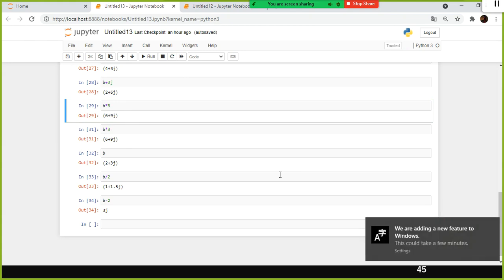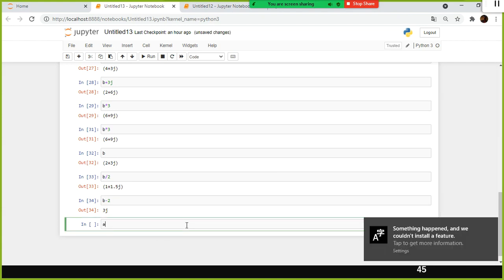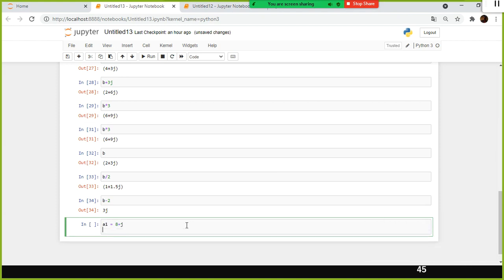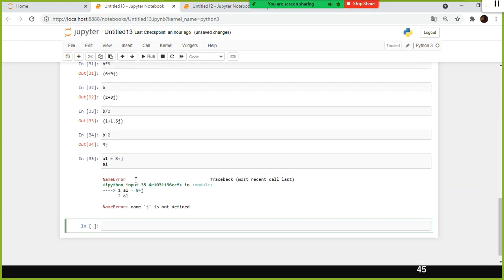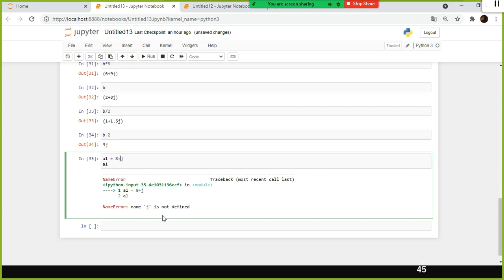So, for example, if I have something like a1 is equivalent to 8 plus simply j, will it work? j into 1 is 1, but it says j is not defined. It gets confused because the Python kernel thinks that j is a variable.